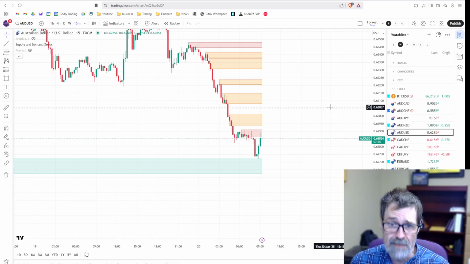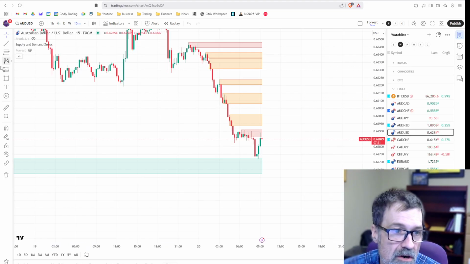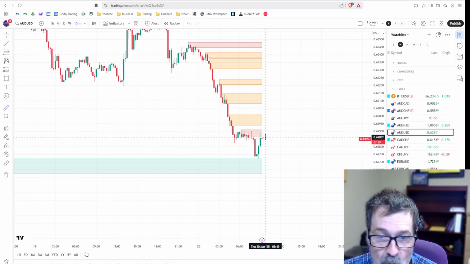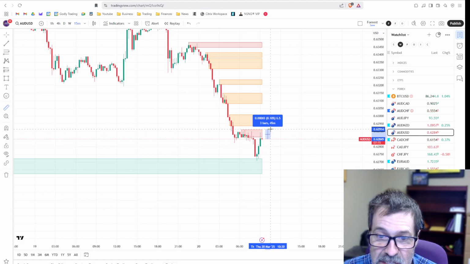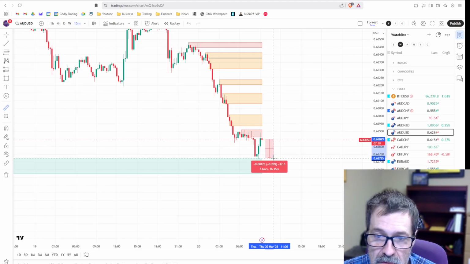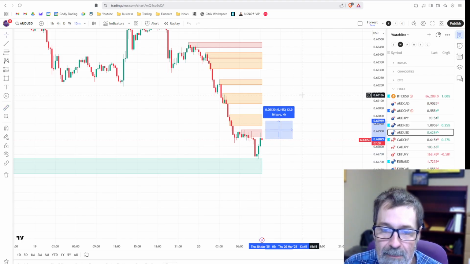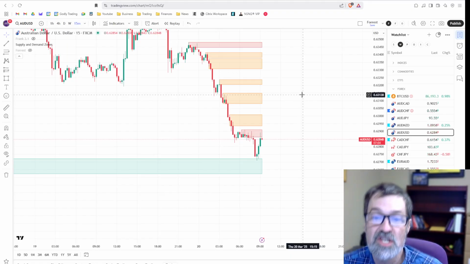So would I go long here? Absolutely not. What am I doing? If I'm doing anything down on the 15-minute chart, I'm going short, and I'm going short this very instant. So we're risking 6 pips, call it 7, to make 12. So we got a 1.5 to 1 trade happening right now. And by the time this video is posted, it's going to be on. So don't try to jump in on this.